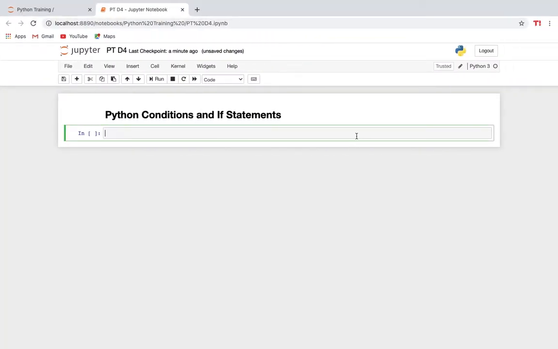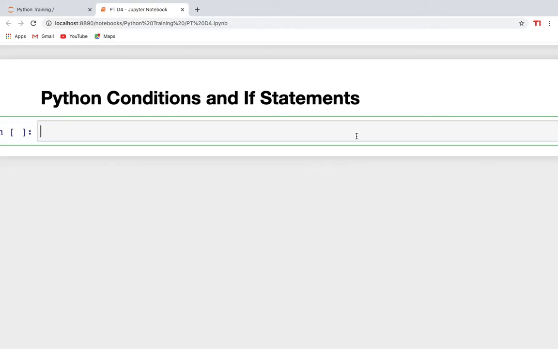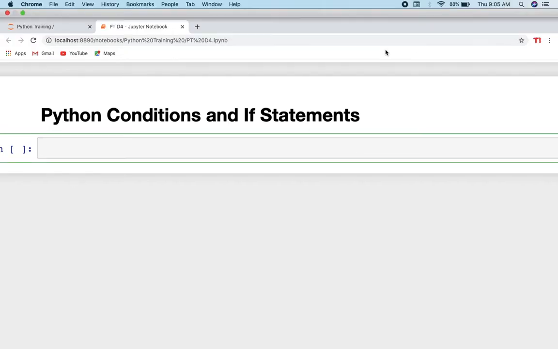So in Python conditions and statements, we'll understand what conditions and statements are. Before that, let me give you the logical conditions or the operators that Python uses. We have read all those relational and logical ones, right? So there we have